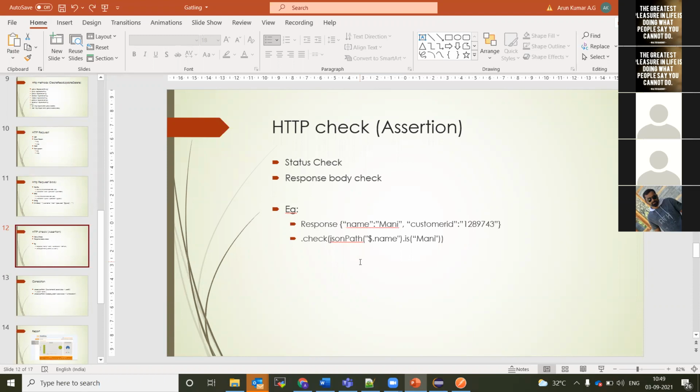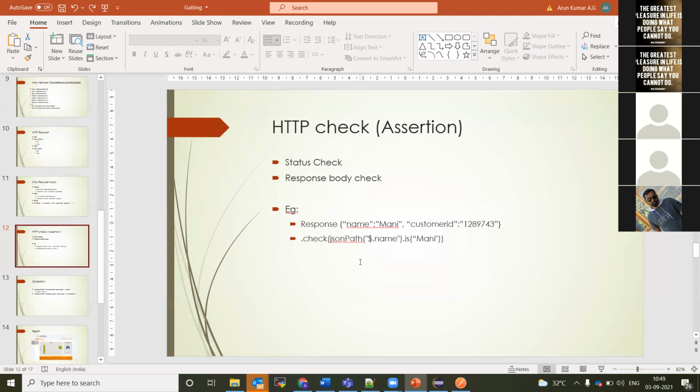So what it is trying to do is the assertion, whether I got idli or dosa. That is what I'm checking for. Dollar name is the parameter name, and in front of that I have given dollar dot name, meaning whether the value stored in this particular name is money or not. That is what I'm checking with this check method. The syntax is dot check method passing the JSON path.